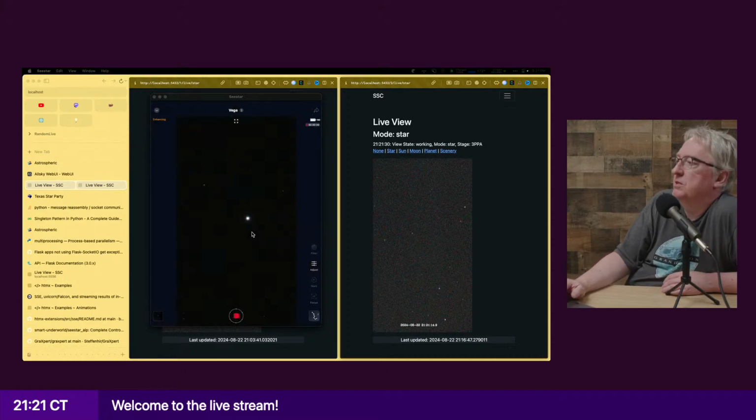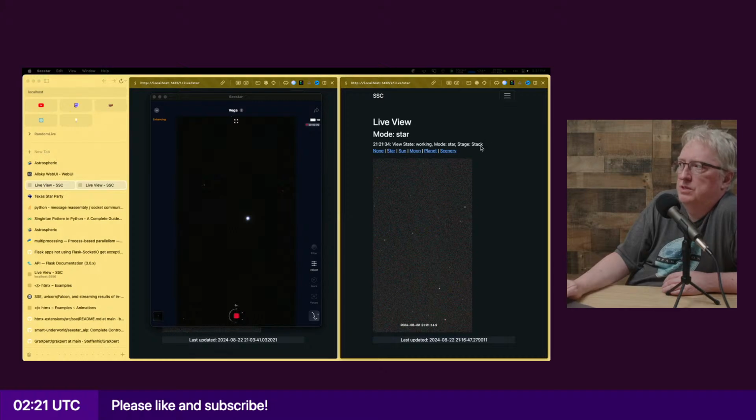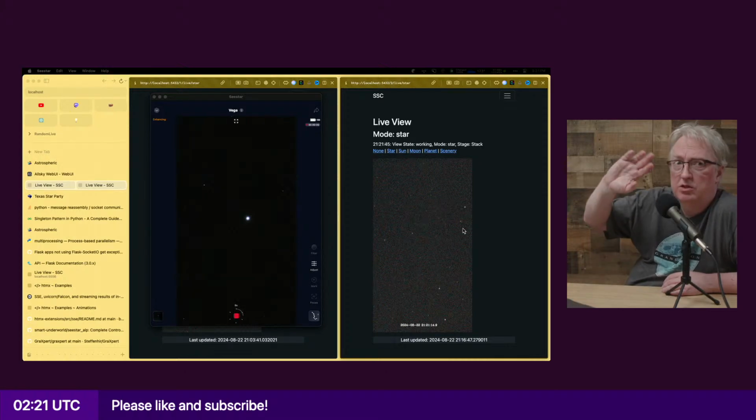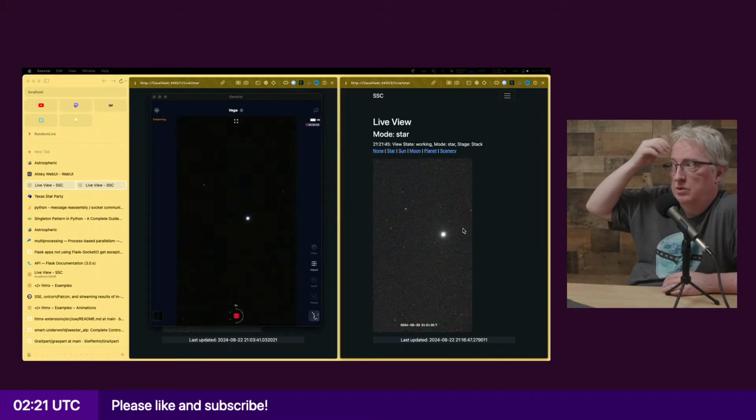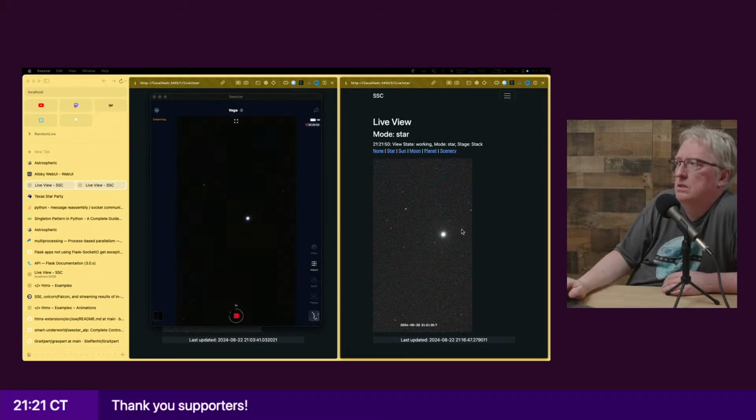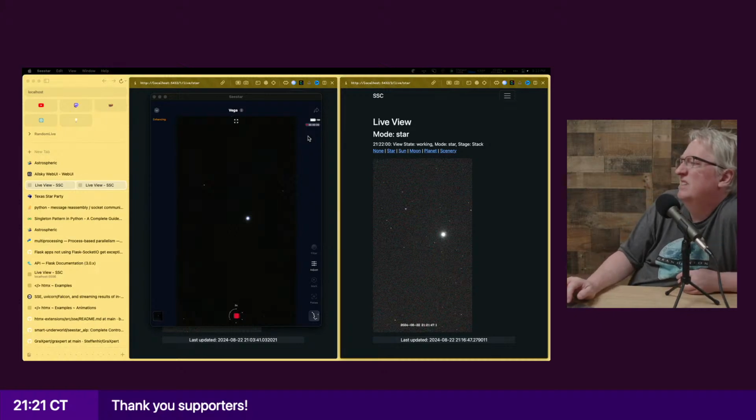Yeah, I had this problem too. Oh, okay. It claims, so now it's imaging. So I'm going to wait until, again, it doesn't switch modes. Now you see it updated to stack, but it doesn't handle the transition gracefully in the live view, in my version of the live view. But that part's a work in progress. So hopefully it won't blur. Hopefully the first frame will actually end up.